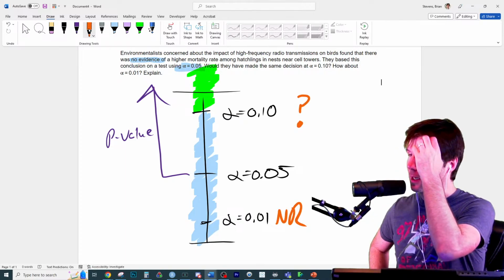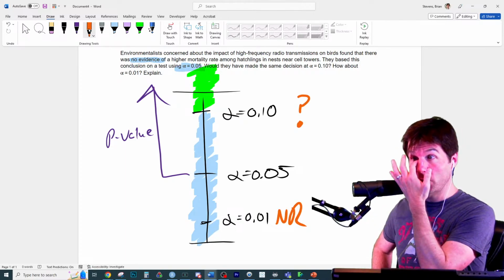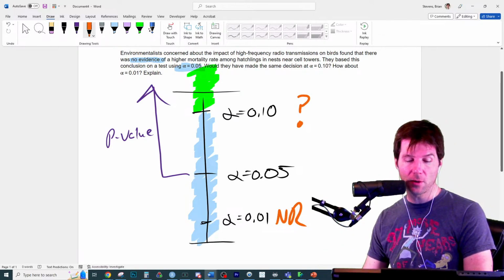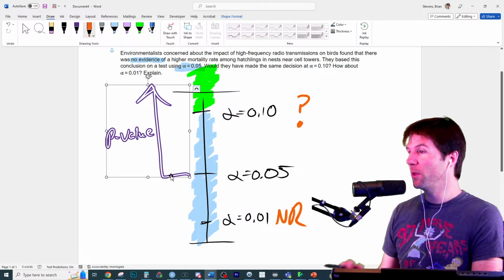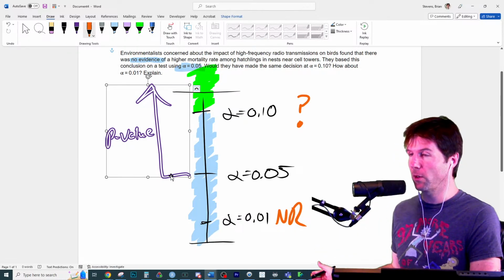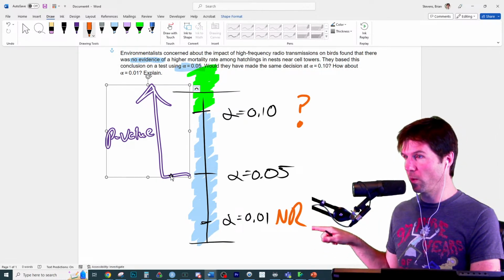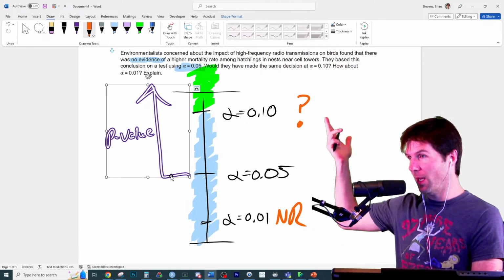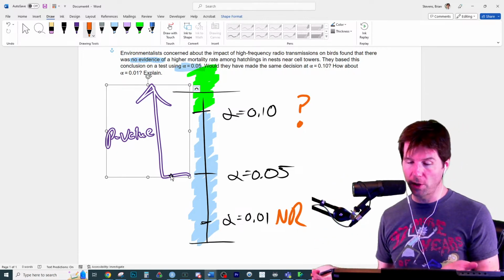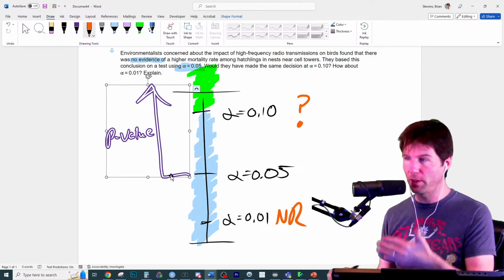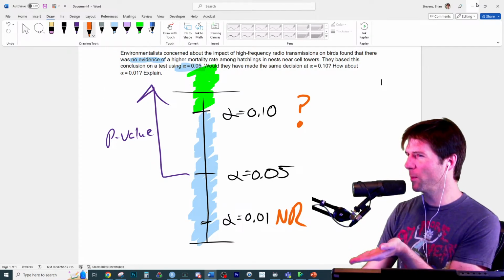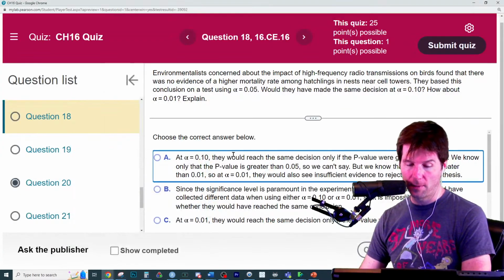Does that make sense? Because we know for certain at the 0.10 level that the p-value has to be higher than that bar down there. The p-value has to be 0.05 or higher, so there's not enough information to answer up there. Maybe it's 0.06, 0.11. We do not know what the p-value is. So Jesse, does that make more sense on this one?